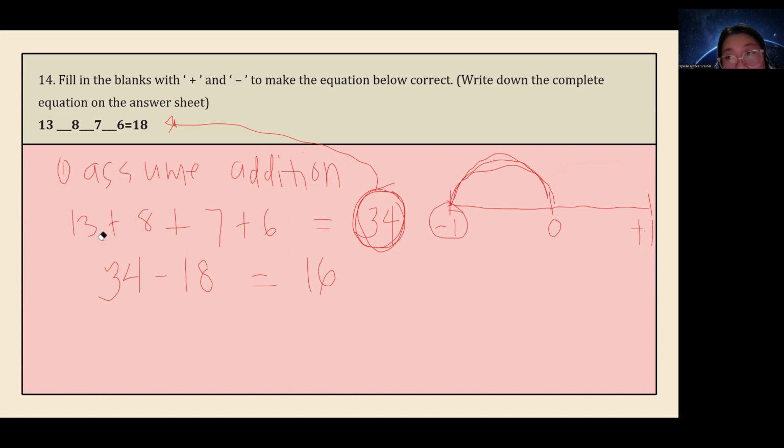So now we get 16, but this is not the value that will carry the minus sign. We still have to divide it by 2. So 16 divided by 2, that becomes 8. So 8, we can see 8 right here, right? From the given, there is an 8. So that means that 8 will carry the minus sign.